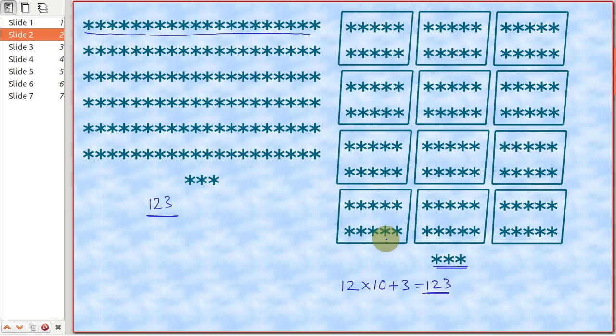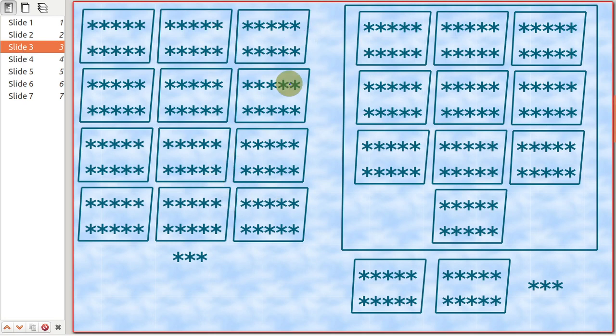What if we again group these boxes into a bigger box which contains 10 such smaller boxes? So this we will consider as a smaller box. If we create a bigger box which contains 10 such smaller boxes, how many such bigger boxes will we be able to create? So this was the situation at hand: we had 12 smaller boxes and 3 loose stars. Now we created one bigger box which contains 10 boxes of 10 stars each. So in total there are 100 stars in this bigger box.